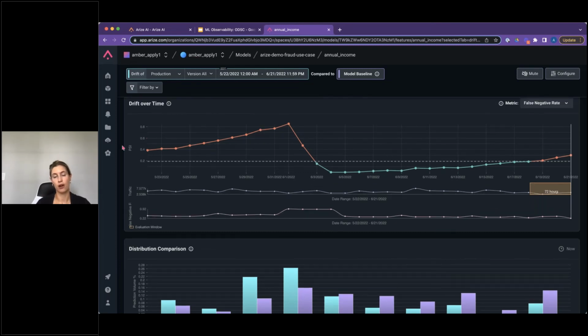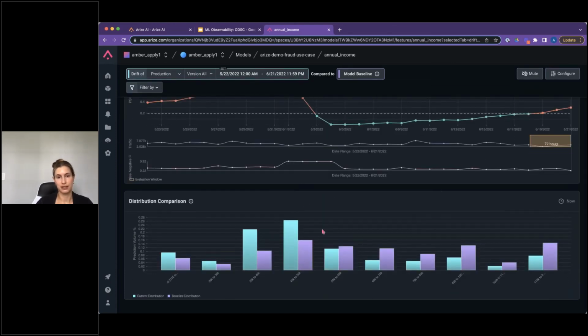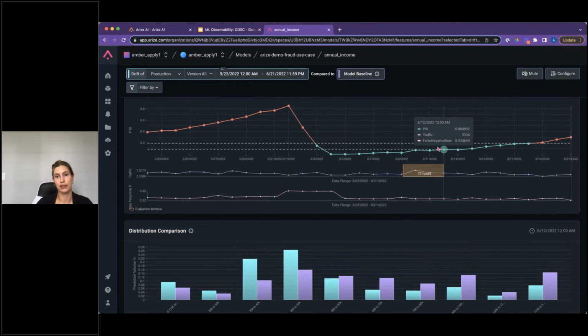But we support all different types of drift. So being able to look at drift at the data drift level, that's your feature drift, your input drift, your metadata drift. Being able to look at your prediction drift, so drift in your predictions over time, and then what I also call upstream drift, a drift in the data that you're expecting to see. So being able to layer these on and then view these distributions,